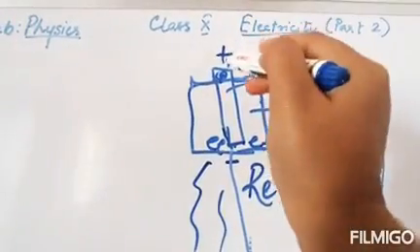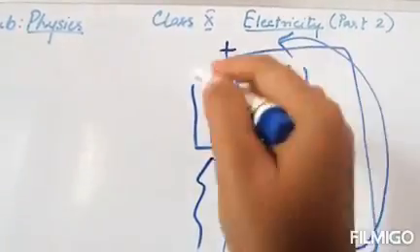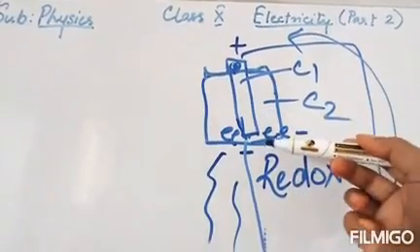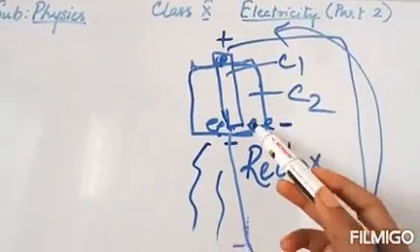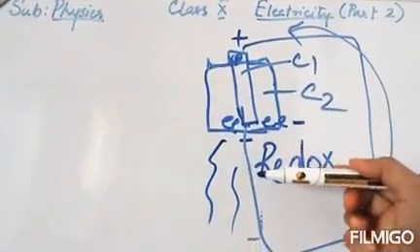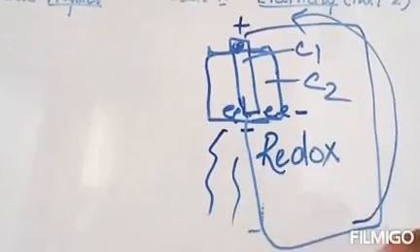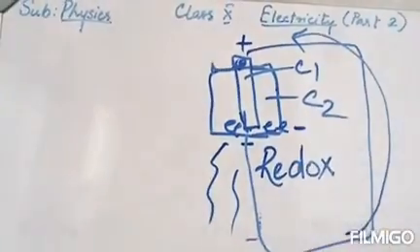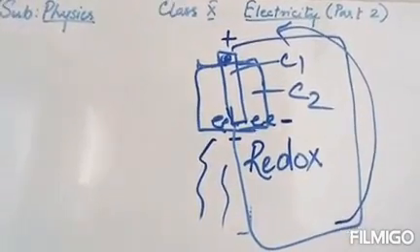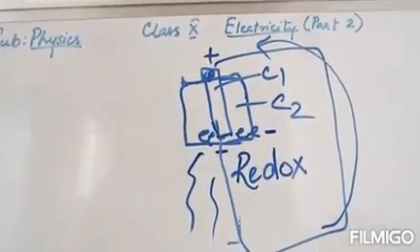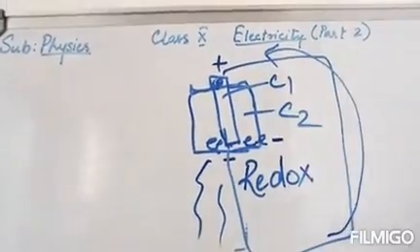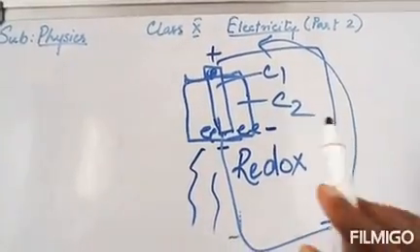Again in the battery, the chemical reaction will go on between the two chemicals, the redox reaction, and again this end will have excess of electrons and that end will have deficit of electrons, and again there will be repulsion of the electrons and again they will flow. In this way the electrons move in a circuit. Okay, understood? Now the question is, how long will it go? As long as the chemical reaction goes on, that long this will go.